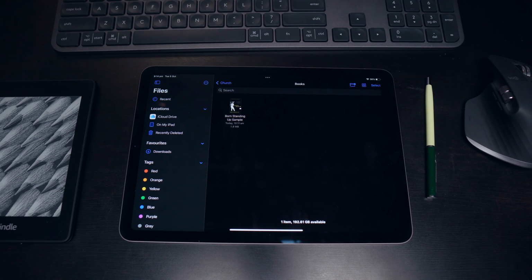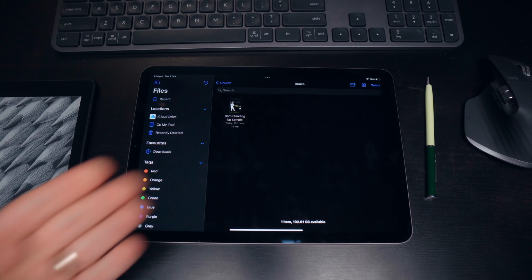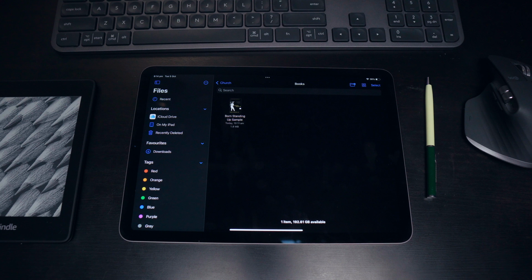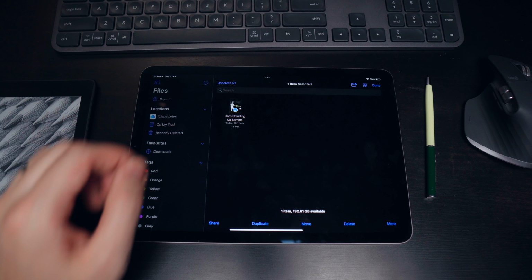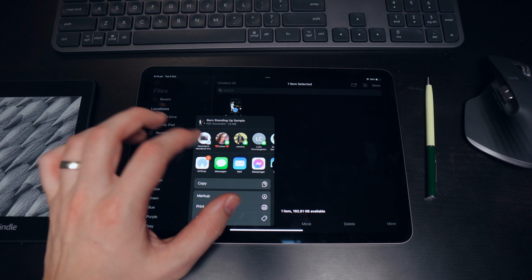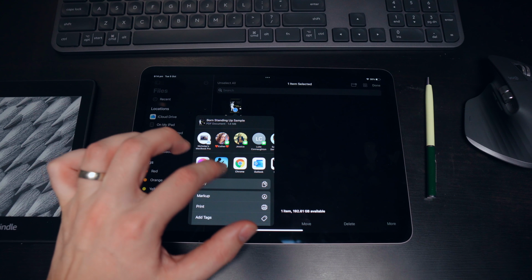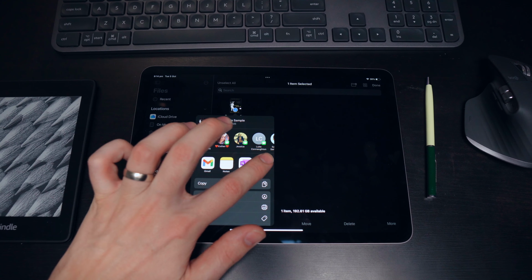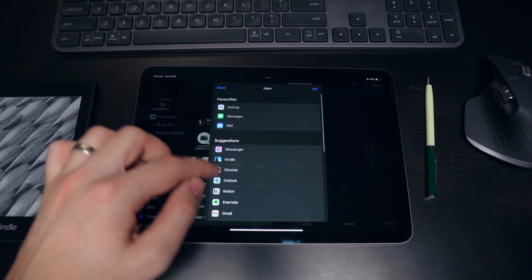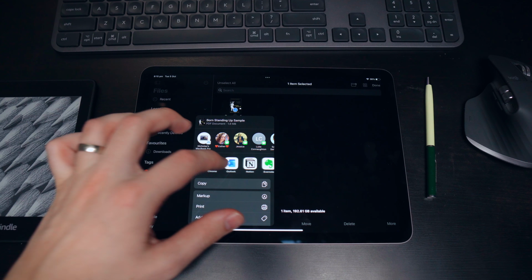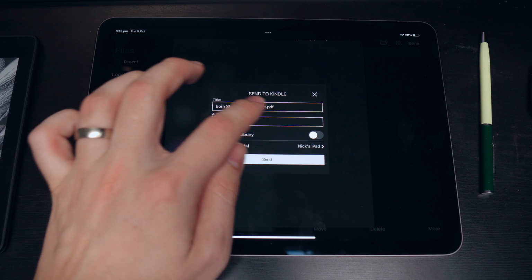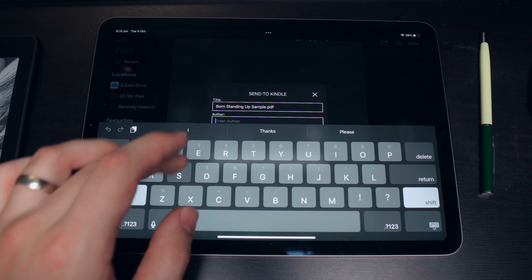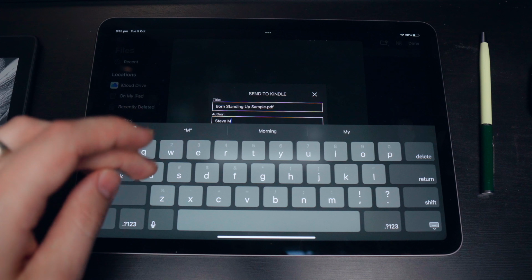Alright, so to get your PDF from your iPad onto your Kindle or your Kindle app, it's really pretty easy. So as you can see, I've got a sample copy of Born Standing Up by Steve Martin. So what you have to do is select your PDF and then go share. And then in your apps to share with, you'll hopefully have Kindle here. If you don't have Kindle here, you just have to find it in the More menu and it will come up here. Once you've found Kindle, just hit the Kindle app and then you'll have the option to send to Kindle. So you enter the title of the book and then your author. So we'll just do Steve Martin,